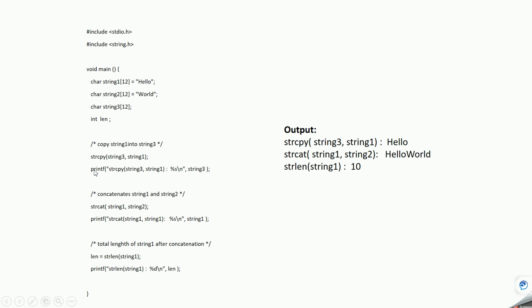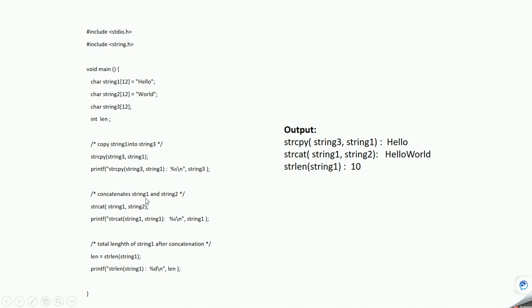When this line of code is executed, it will print hello, because string 1 had hello and that is getting copied into string 3. So it will print whatever is there in string 3.